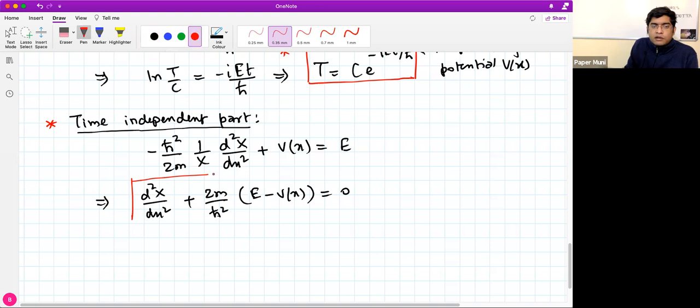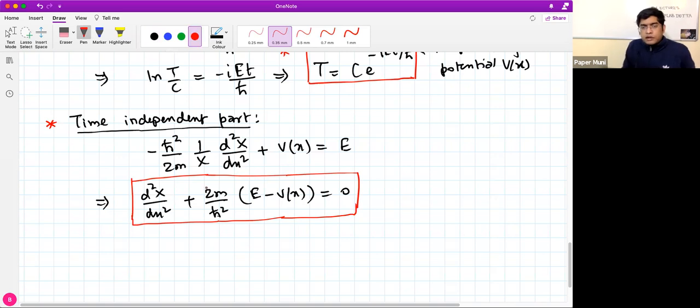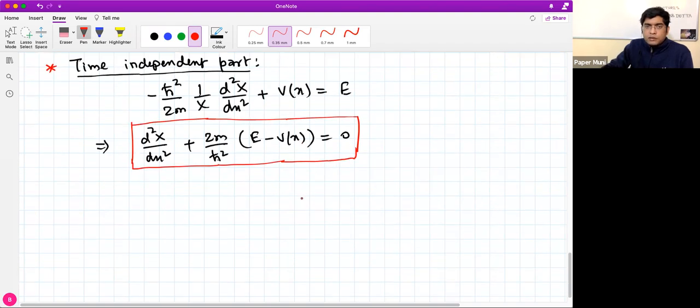Now we cannot do anything further because, although the second term is a constant, the first term is the differential part, and then we have this thing which is a variable that depends on x. So unless we know the form of V(x), we cannot go further, we cannot solve this equation further. So it depends on the solution of this thing.